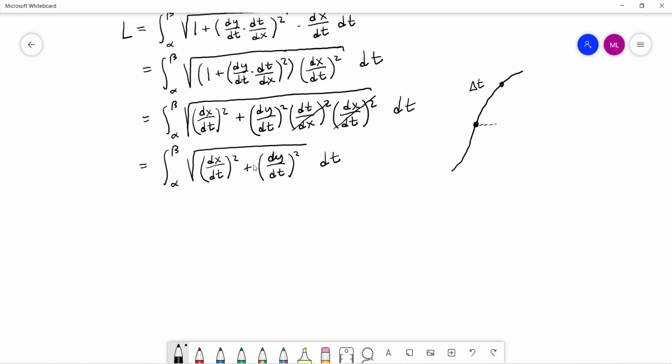Really, if I want to approximate that distance, I would just use the hypotenuse of the triangle there, where here's our dx dt squared, here's our dy dt squared, and then I have to take the square root of the sum of the squares and then multiply by dt to get rid of the denominators here, right? What I really have is dx dt. So I have a rate of change, but if I multiplied it by dt,